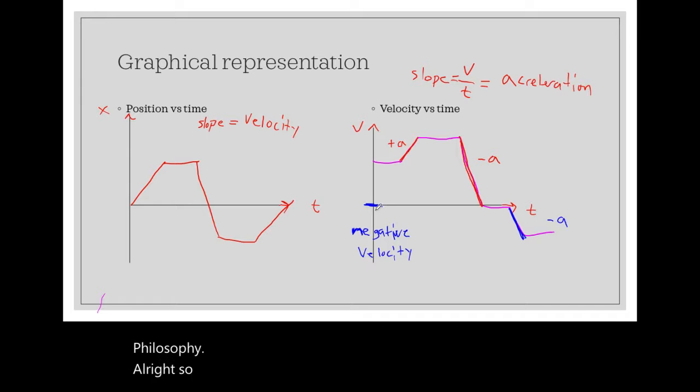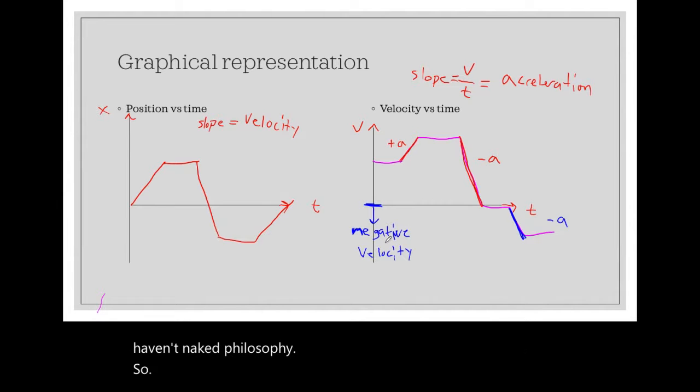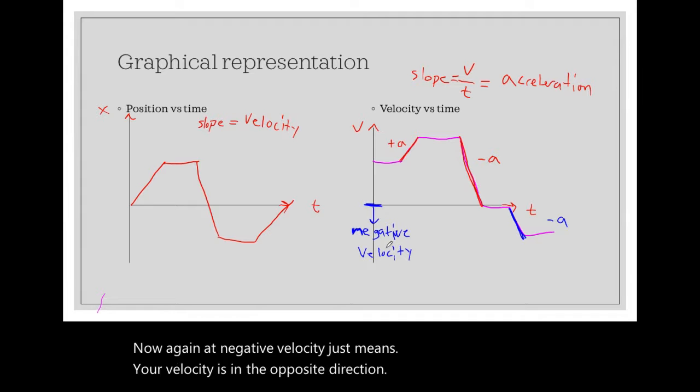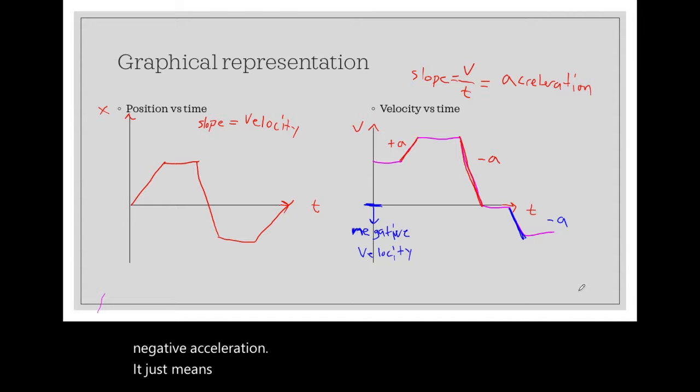Alright, so everywhere below the blue, everywhere down there we have a negative velocity. So, again, a negative velocity just means your velocity is in the opposite direction. So the same thing goes for a negative acceleration. If you have a negative acceleration, it just means you're accelerating in the opposite direction. And so